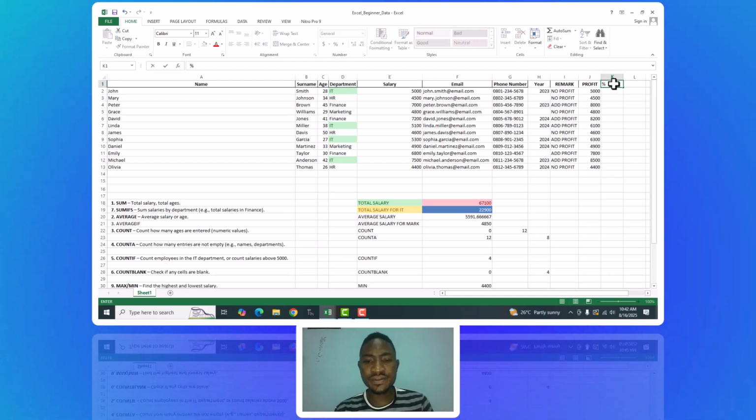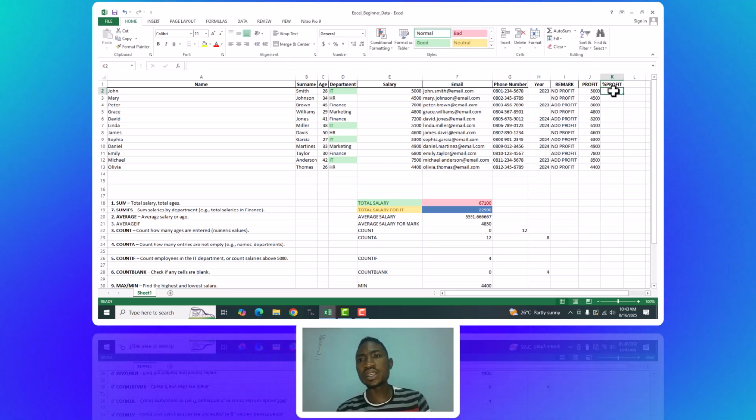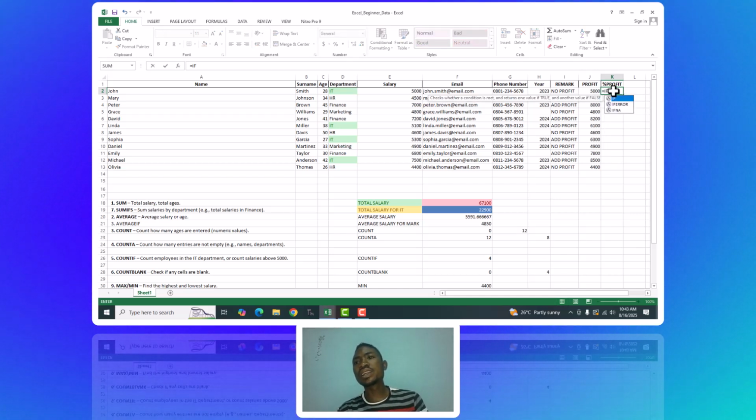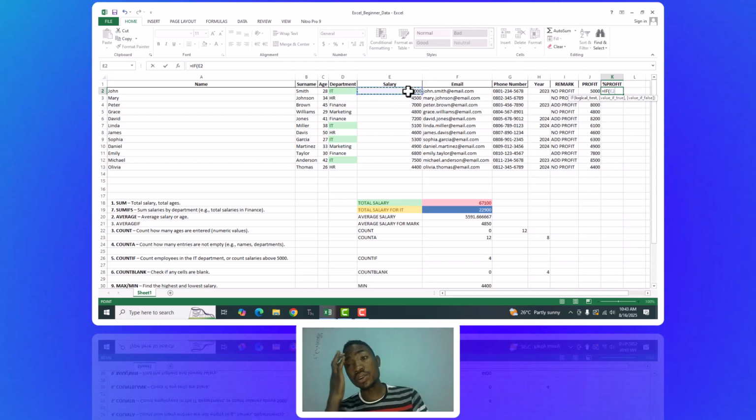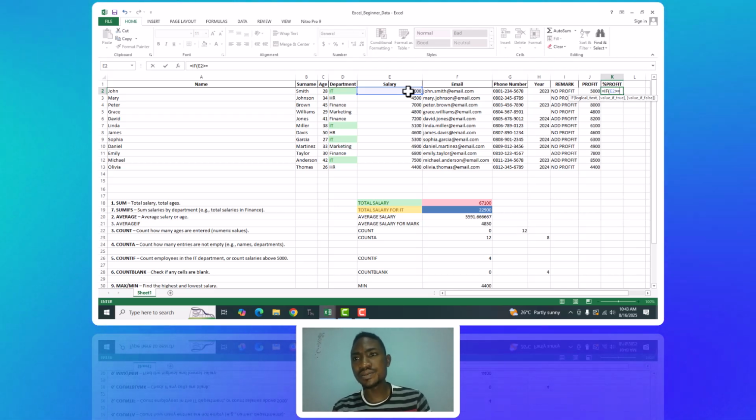Say equal to if this salary is greater than or equal to, meaning greater than and equal to, 5,000,